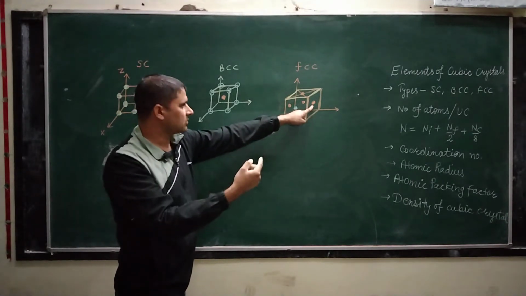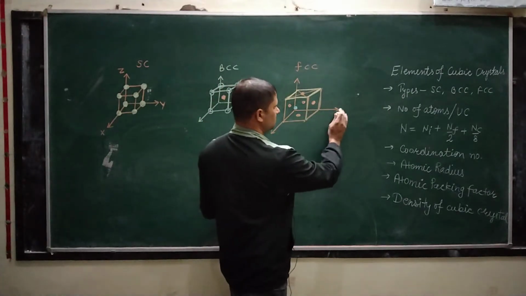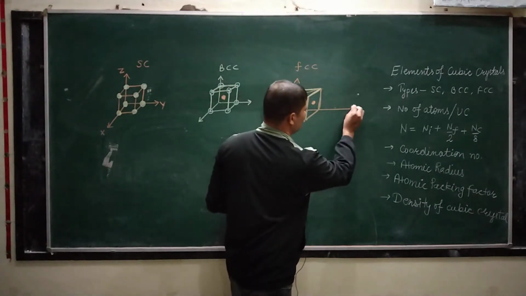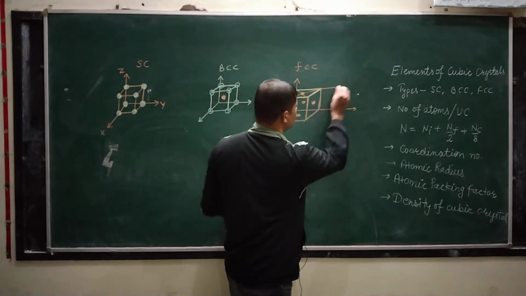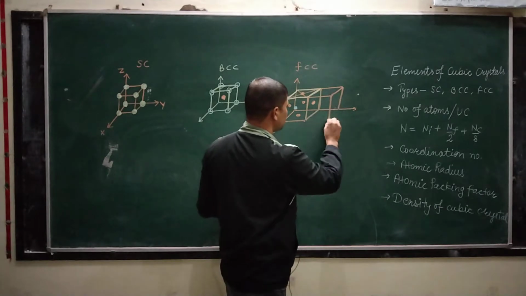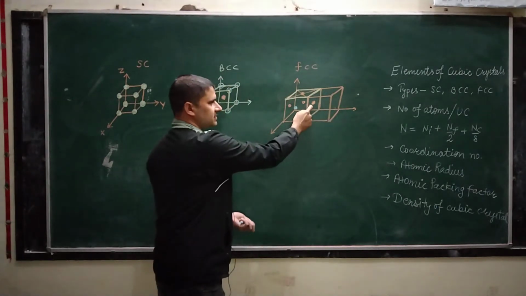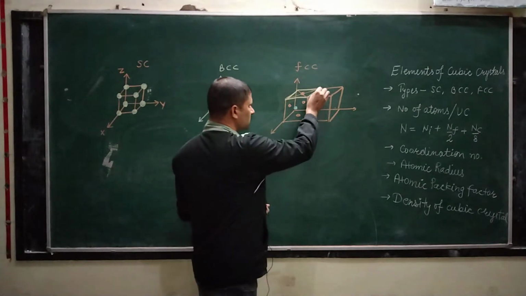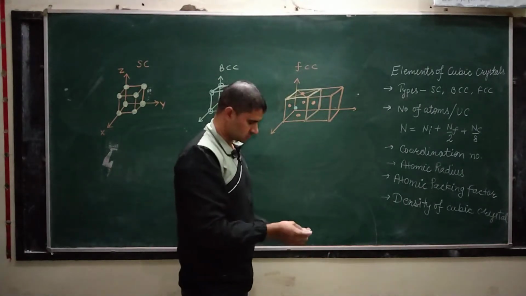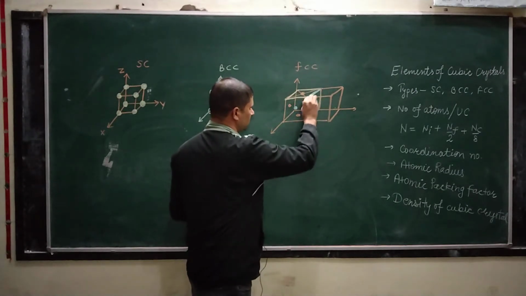So if I extend this unit cell, this crystal along this direction, then you will see a cube is also present, one more cube is here. Now look at this face. I am talking of this face, and you see